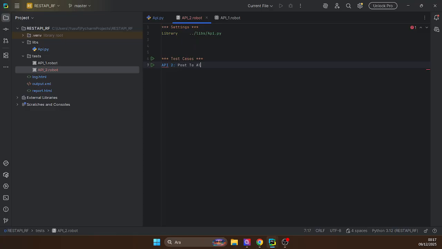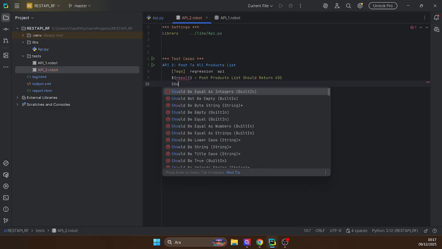Post to all products list. Then we have tags. Again, let's say regression. Then API. We're gonna have that result again equals post products list should return 405, then should